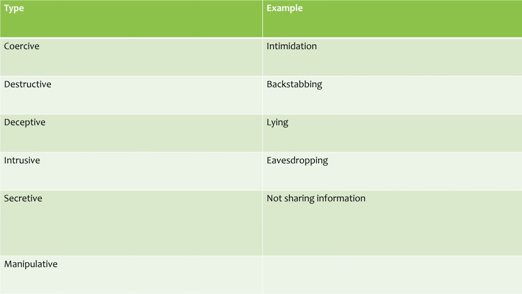It seems really simple, but not sharing information can be very harmful. We're not giving someone equal footing. We're just not being helpful and useful. And that kind of leads into manipulation, and that's pretty straightforward. Using our communication skills to create a false truth, so that we can guide others' actions, generally against what they would normally do. And so those are the different behaviors that we want to avoid.